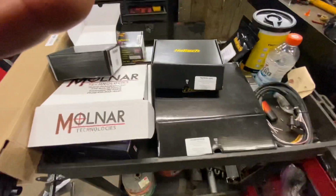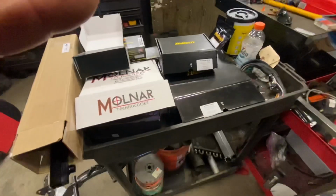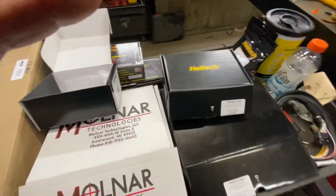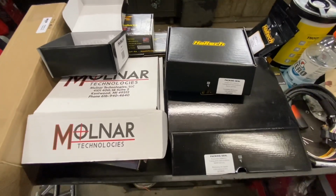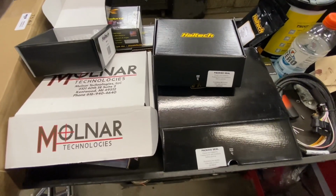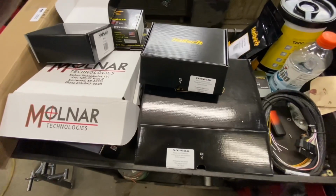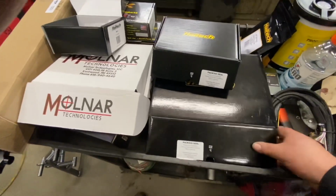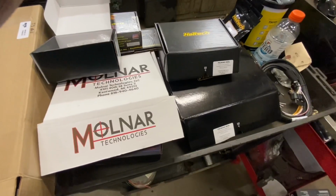I have a lot of experience also with Holley. I was a Holley racer, or had Holley on all my cars for years. And I have nothing, absolutely nothing against Holley. They have a great product. However, I decided that Haltech was the way to go for me and a few of my customers. I still do a lot of installs on Holley, tune some FuelTech. But that said,